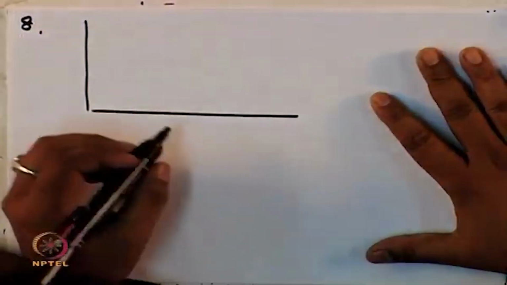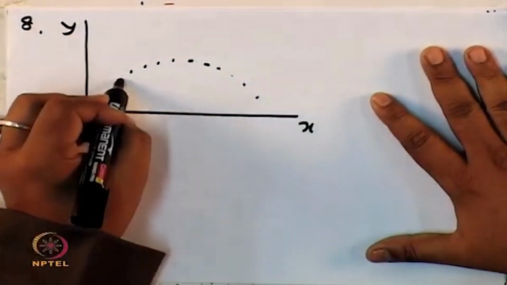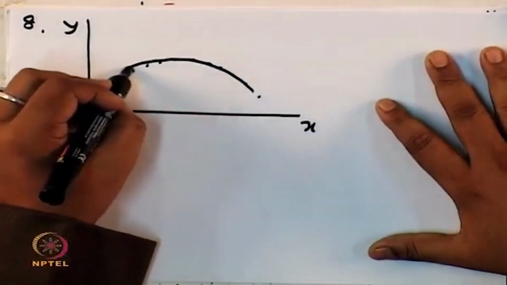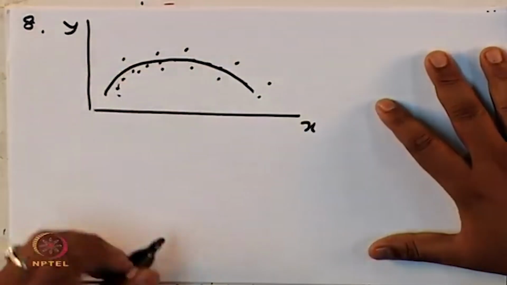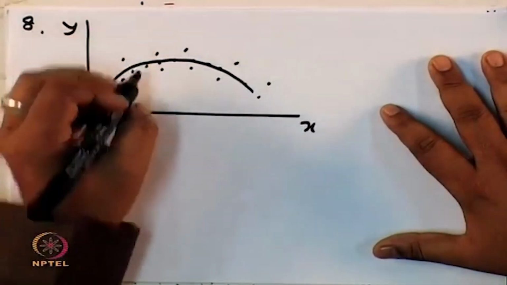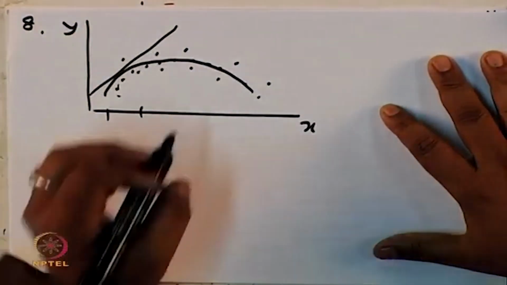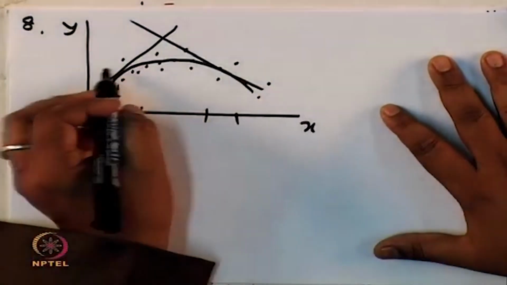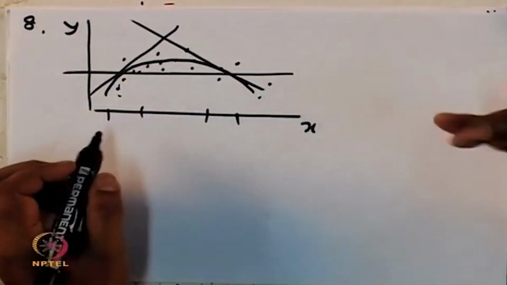In the general case, imagine that x and y are not linearly related, but non-linearly related. Imagine that these are the points, and this is the fit, and these are your points of x and y. If you were to choose only this domain, you would get a line like this. If you choose a domain which is here, you would get a line like this, and if you choose the middle, you will get a line like this. So your range